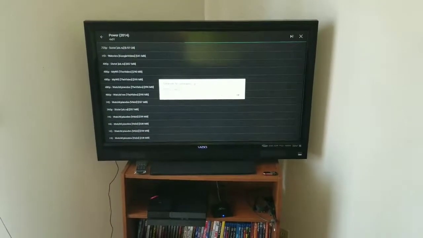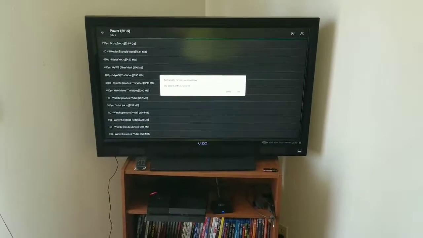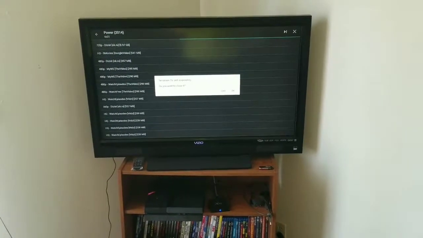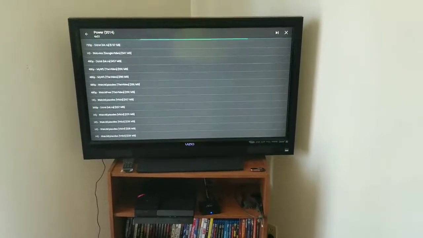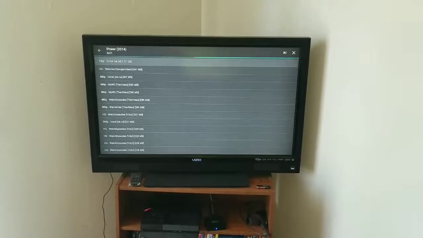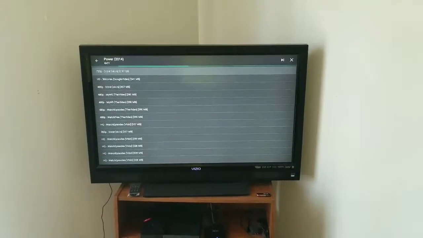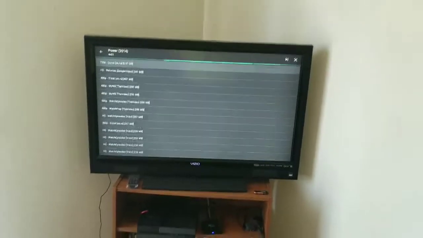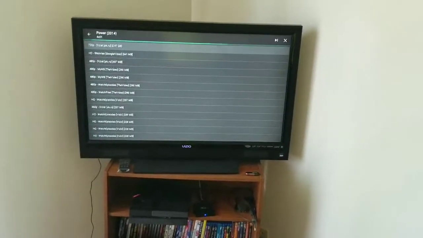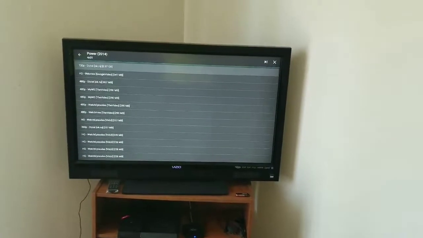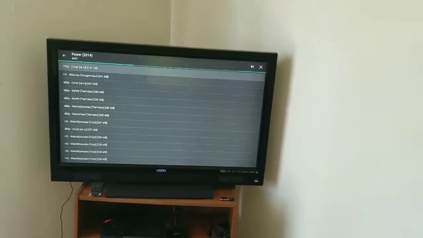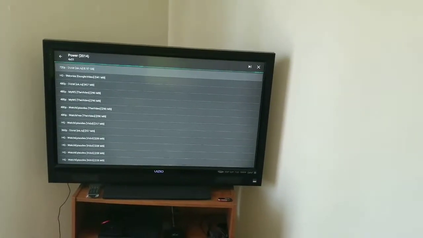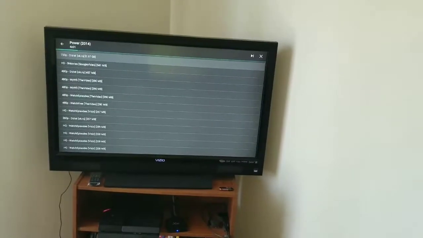All right, so it's saying it's not responding. And what I normally do when the app is up, I normally just say wait, unless it's totally frozen and it's not doing anything at all. And normally when it puts that wait sign up, that's when you maybe been watching stuff. And like I always tell people when I come into homes and do the demonstration, you always want to clear your memory when you go between the apps. Like I just stopped the movie and just started one straight up again. And so,